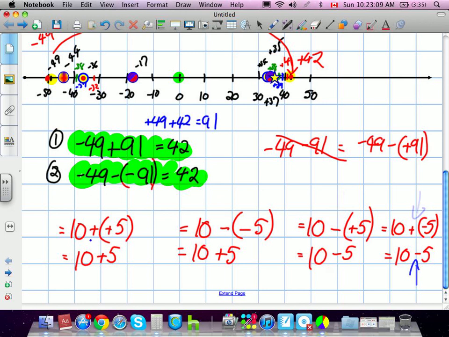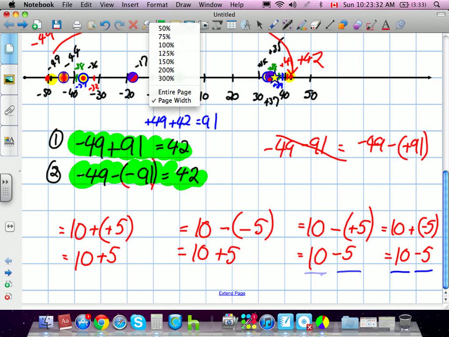Okay. So keep that in mind as a way to simplify a subtraction or addition question. When we have two operations together, it can be confusing on what they're actually asking us. So we can simplify them by just turning it into one. This way we know, start at positive 10, go 5 in a positive direction. Start at positive 10, go 5 in a positive direction. Start at positive 10, go 5 in a negative direction. So that's a way we can simplify subtraction questions. Okay? Let's take a look at